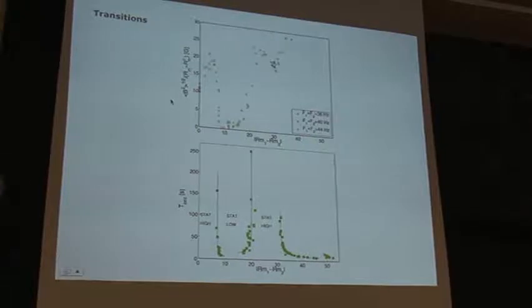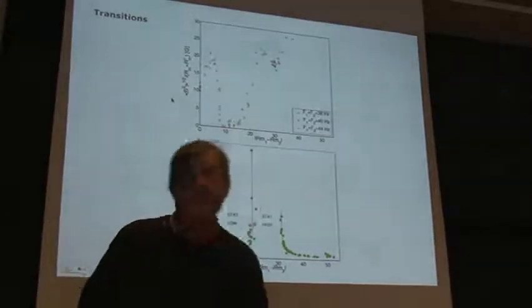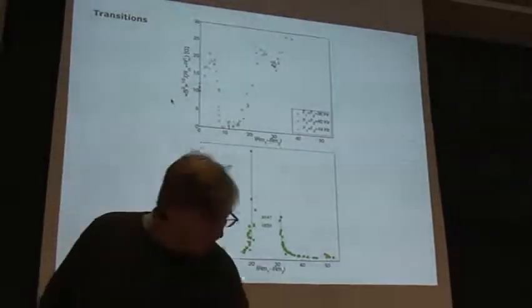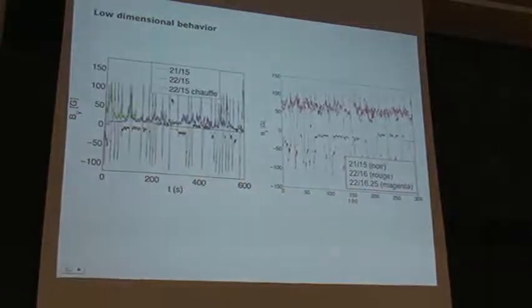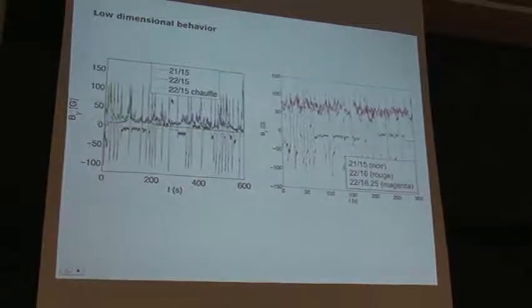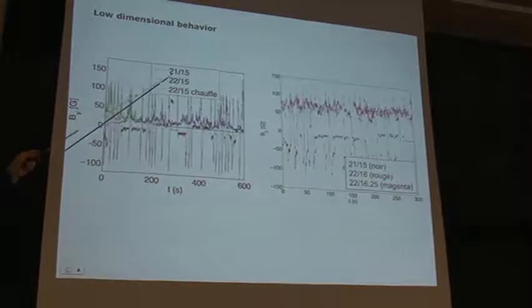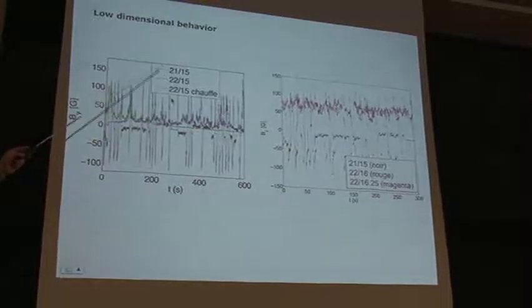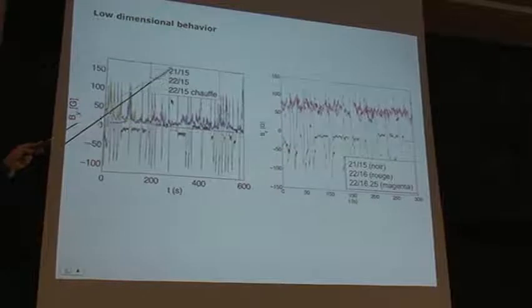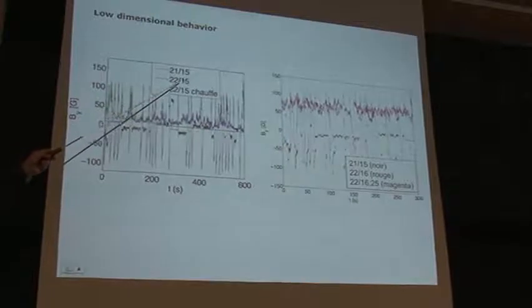When it starts looking a little less than a zoo is when you start thinking about transitions between these regimes. Well, it's in French, but I'm sure you can understand. So one disk here, in that sequence I'm showing you, one disk is rotating at 21 hertz, the other at 15 hertz.